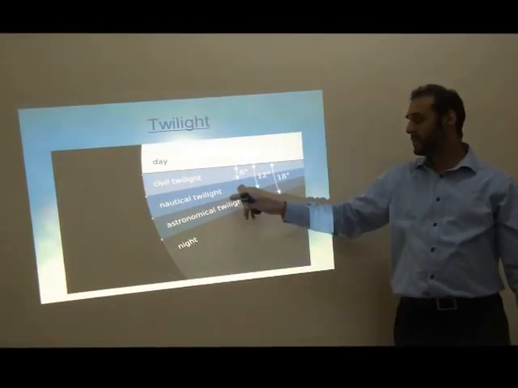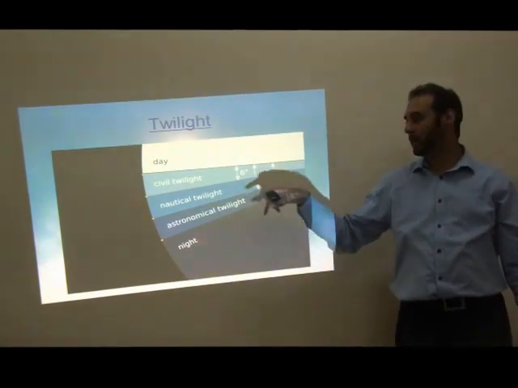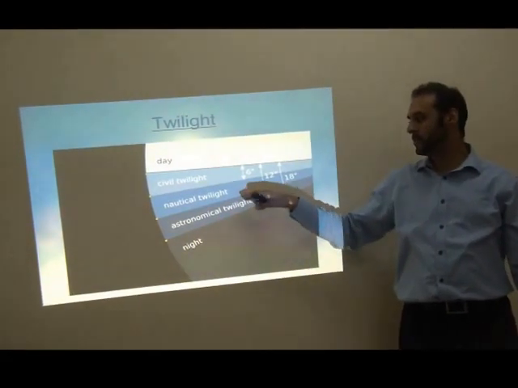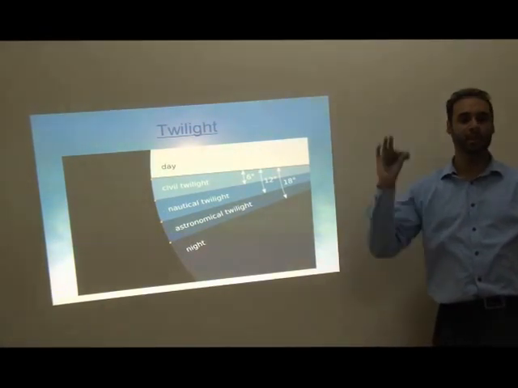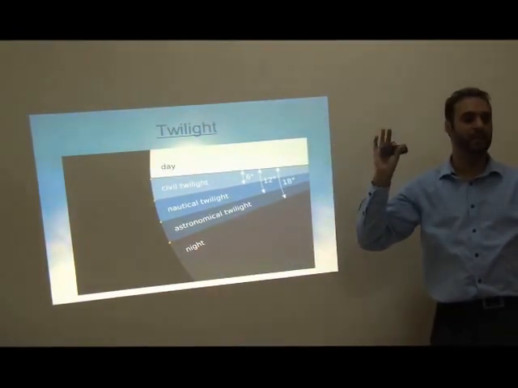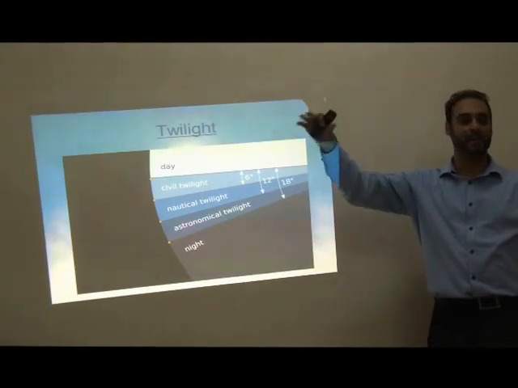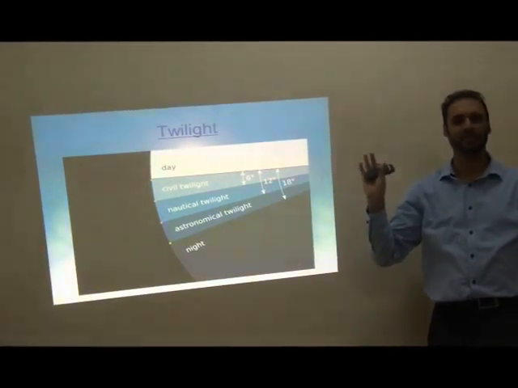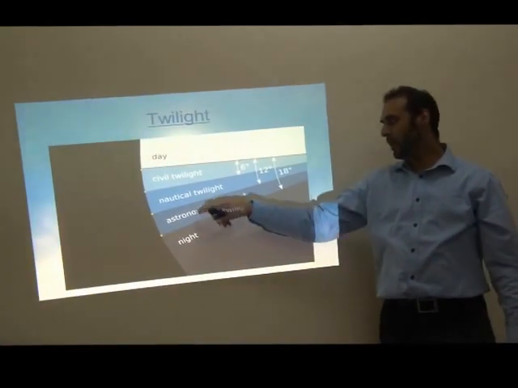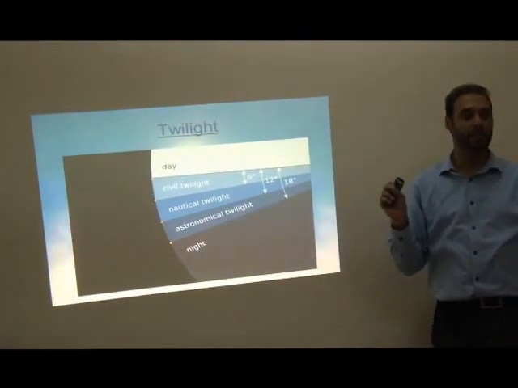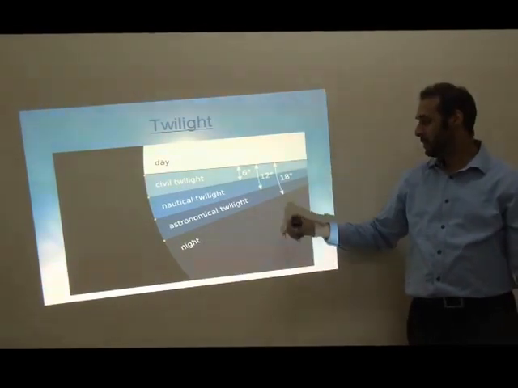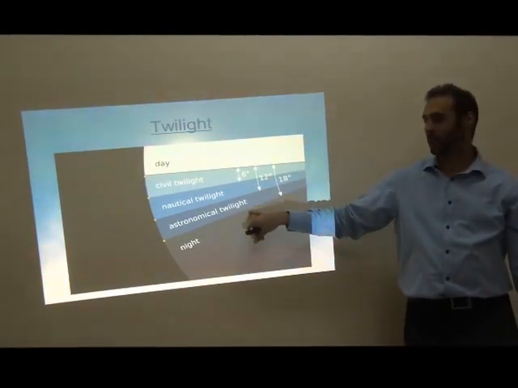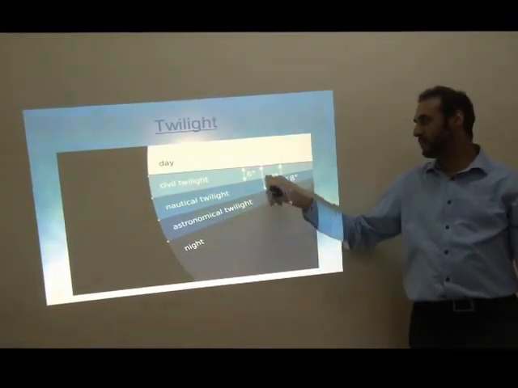From 6 degrees to 18 degrees is nautical twilight. Just at the end of nautical twilight, this is when seamen stop observing the horizon and taking measurements, because they can't differentiate the horizon from the sky anymore. So it's very dark now, but the last part of the light is still visible in the sky. And if you are in a truly dark place, you'd see that the sky is actually this color. Moving on to black now, and that's from 12 to 18.